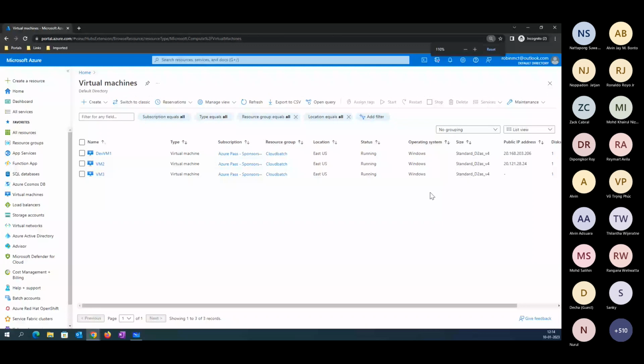Now, let's try to understand how to remove the public IP address from here. There are some situations where the customer is looking at cost or the security side, how to protect your infrastructure from being exposed to the internet here. Now let's go to the VM2 properties here. If you go to VM2 properties,